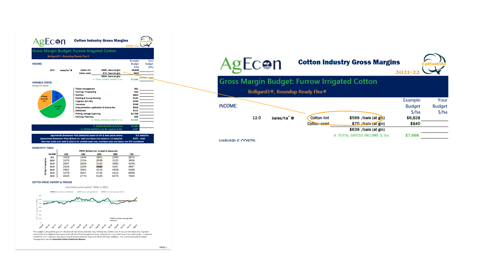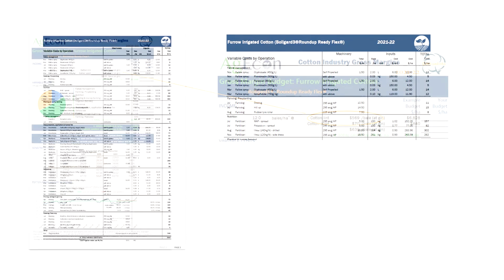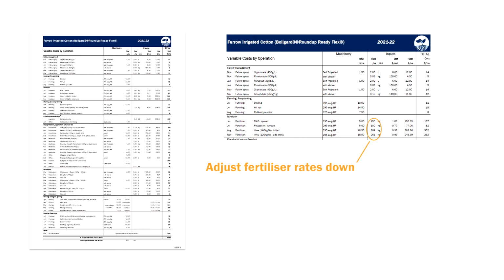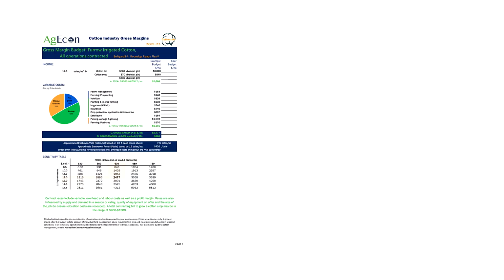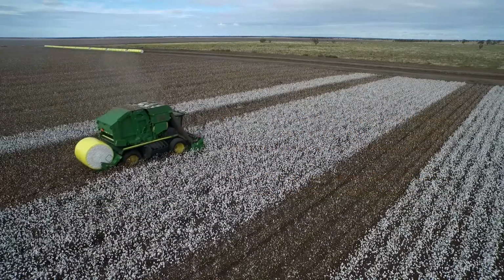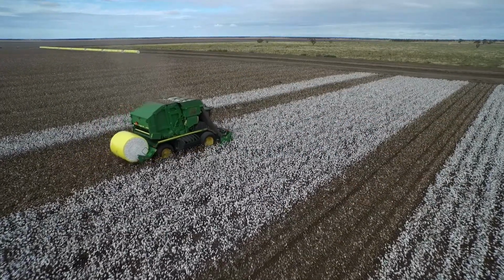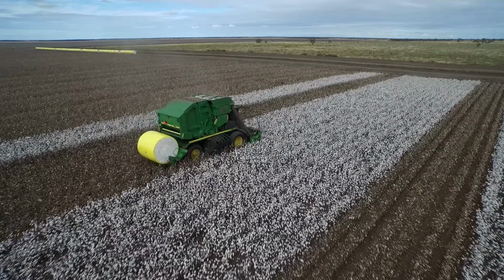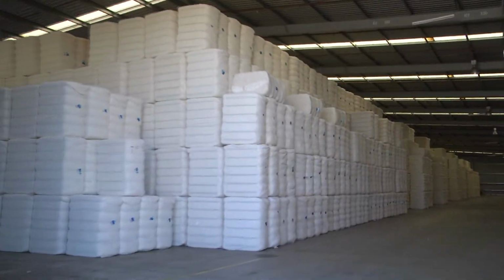I'd then, considering my farm and field history, look and perhaps adjust the fertiliser rates for my farm down, and unfortunately at the moment would probably have to adjust the fertiliser pricing up. So you can go through line by line and look at what is the most likely scenario for your farm. We use contractors for a few operations, so if I didn't have the pricing on hand, I could go to the contractor budget and get those prices and then swap them out for the owner-operator budgets. So by tweaking the budget that is closest to your growing scenario, you can really get a pretty good indication of what your cotton gross margin will be for your farm.